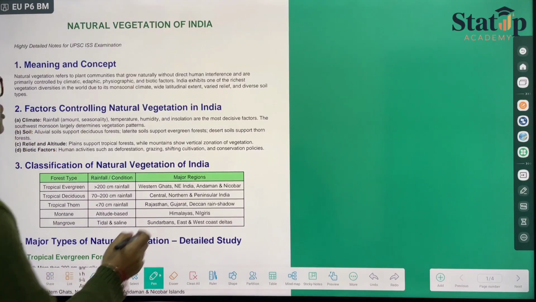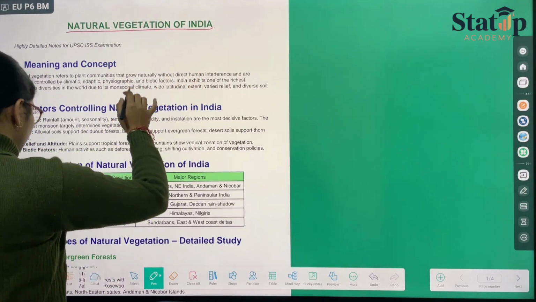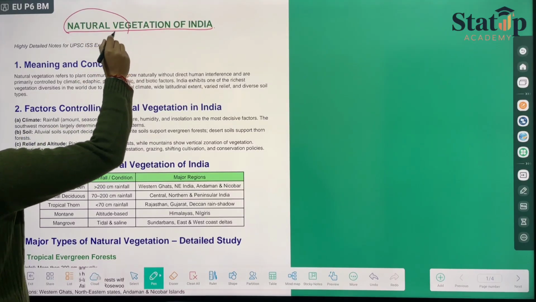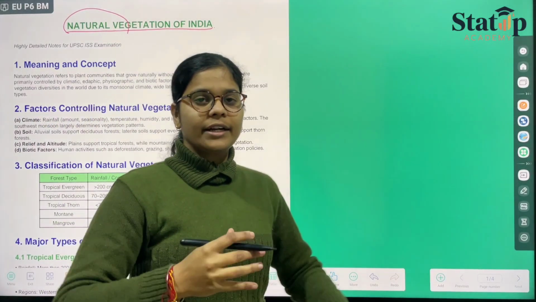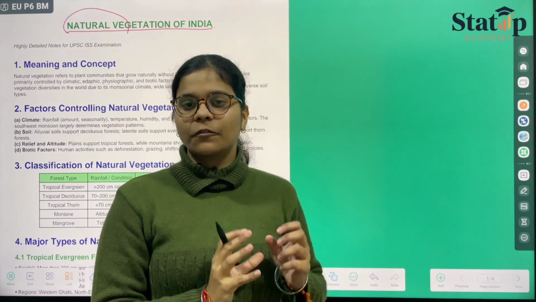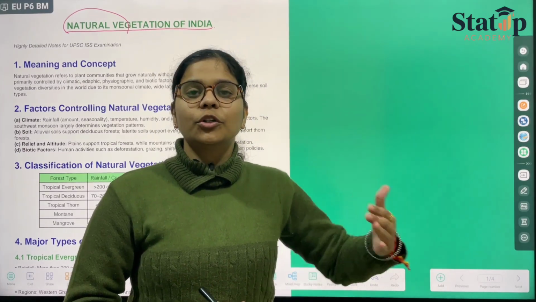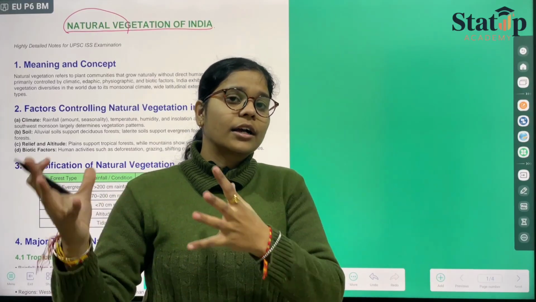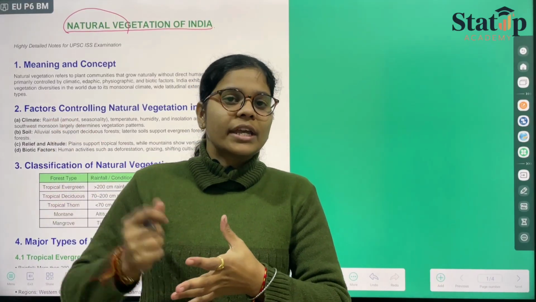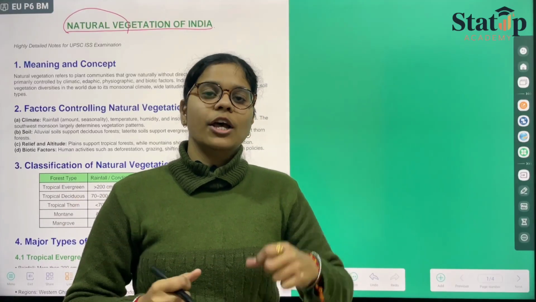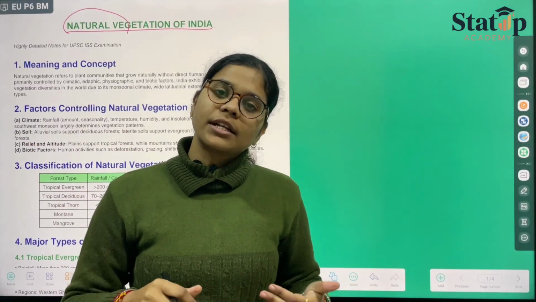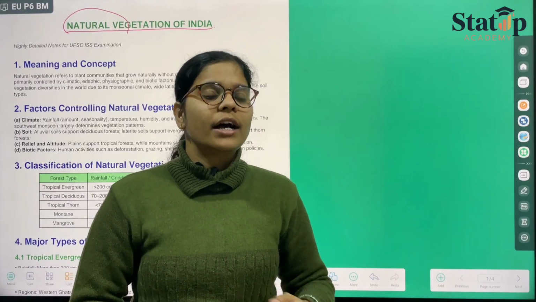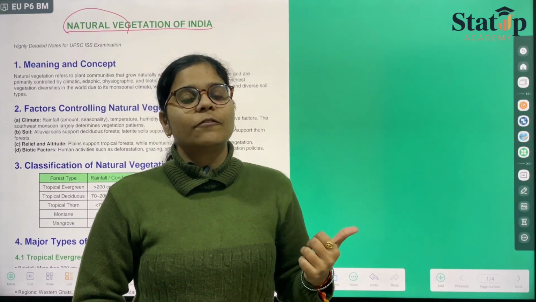When we say the natural vegetation of India, the natural vegetation refers to the vegetation that is growing on its own. It is not that we are using certain fertilizers or seeds in order to make it grow, but that is a natural process, like the sun's rays coming to us directly. We are not using any pipeline to grab the sun's rays. So that is the natural way it is coming to us. Similarly, the forest covers found in India that are growing naturally are basically referred to as the